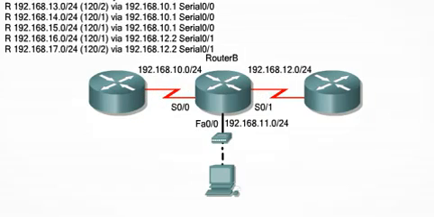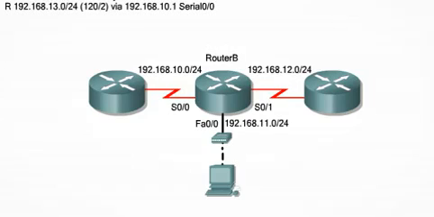There are 5 more entries in the routing table. Because the table entries start with the letter R, we know that these routes were learned by the RIP routing protocol. We should be able to figure out which outgoing interface they are based on, and the number of hops in the routing metric. Let's look at the first one. Using the dynamic protocol RIP, router B has learned of the